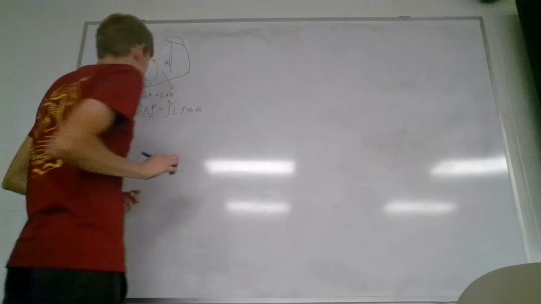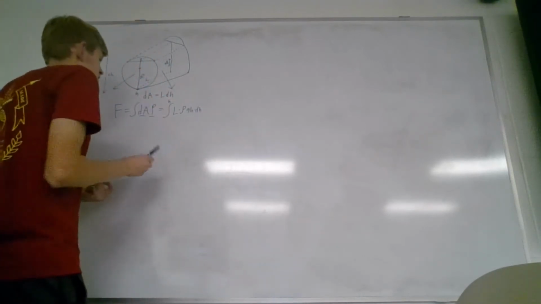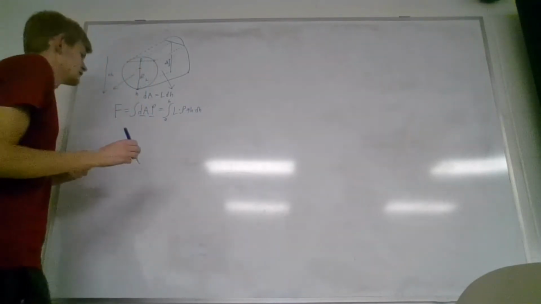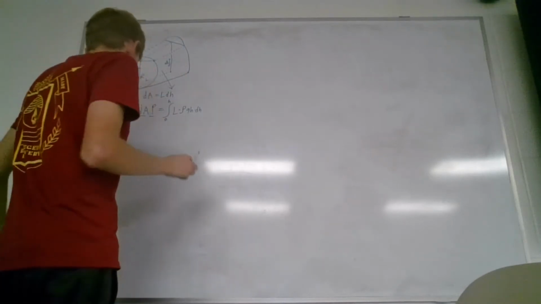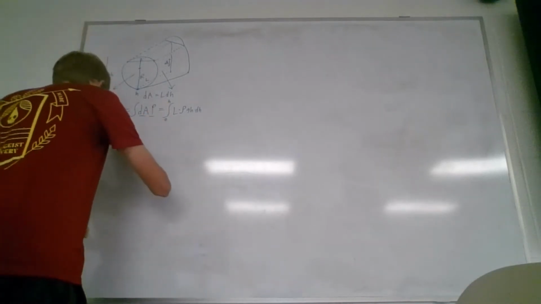So we can immediately say that h is going to be our top value, and 0 is going to be our bottom value, because we're going to find the difference between these two heights. So doing this just normal basic integral, we can find that our force